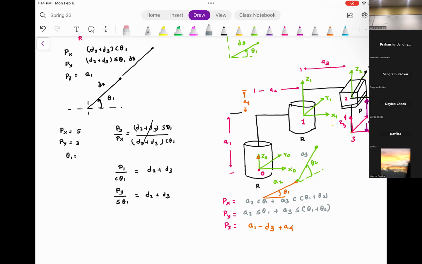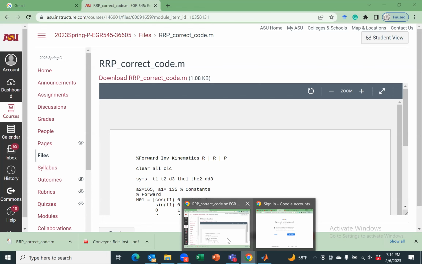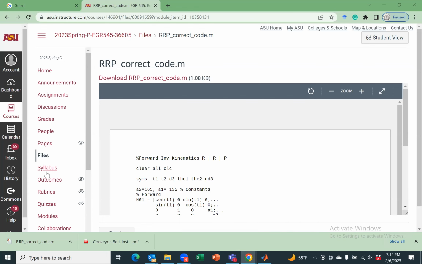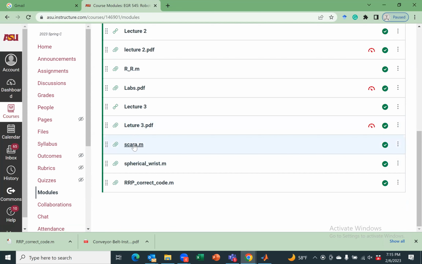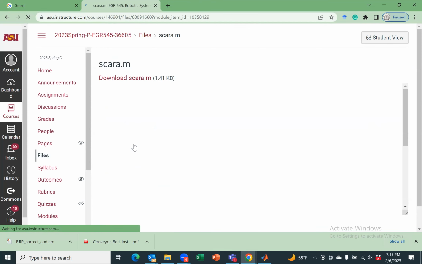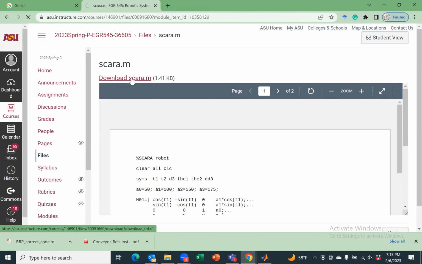So if you go on to Canvas, in the last minute, let me show you. Go back to modules and then go to Scara.m, download Scara.m,